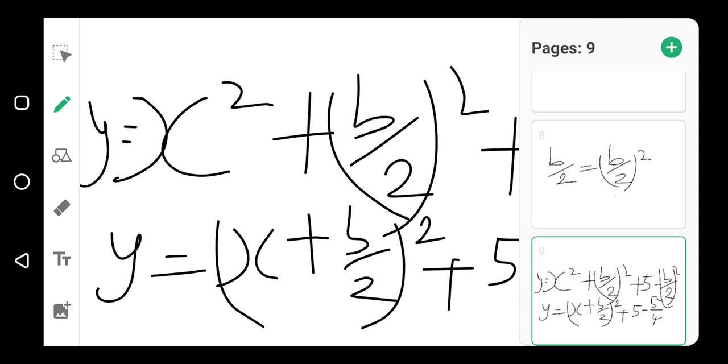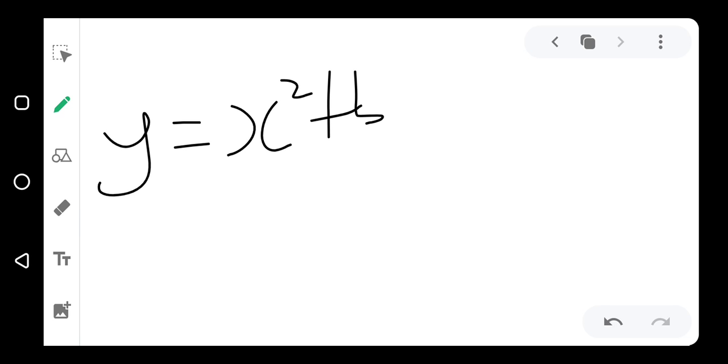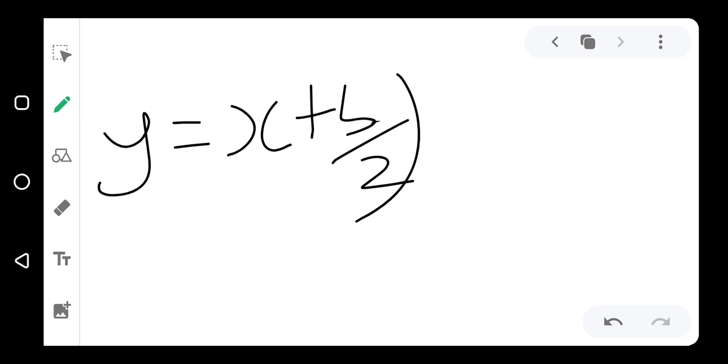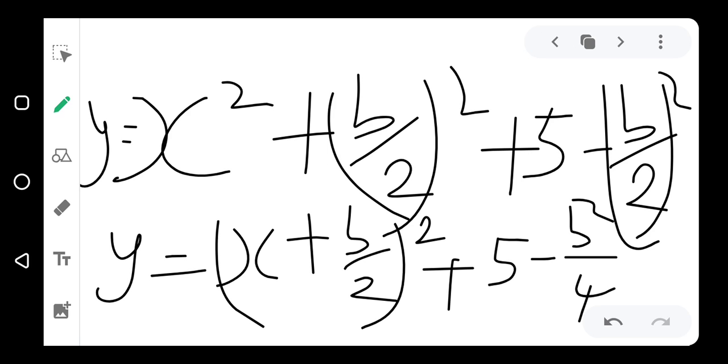Now that gives us y equal to x squared plus bx plus b over 2, everything squared. Then we simplify this,